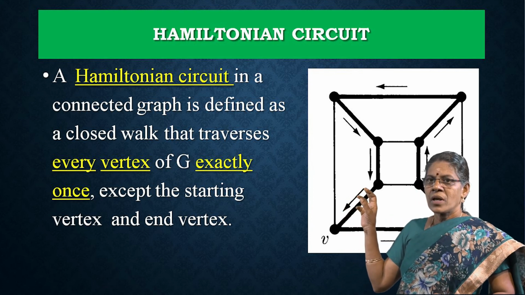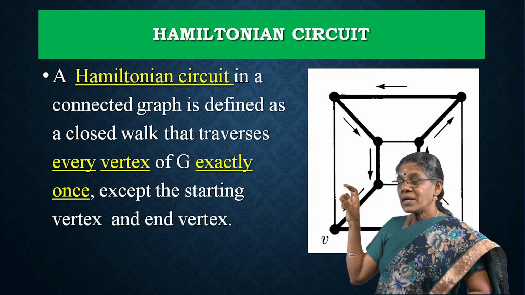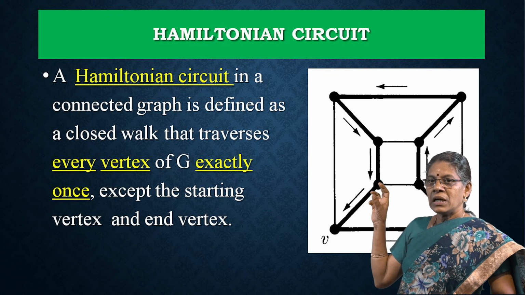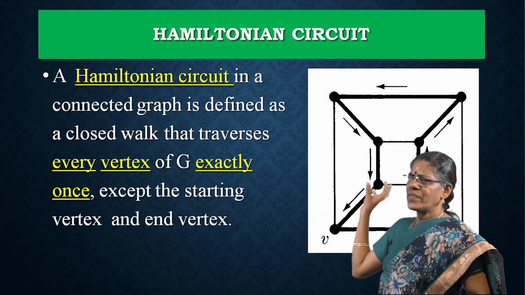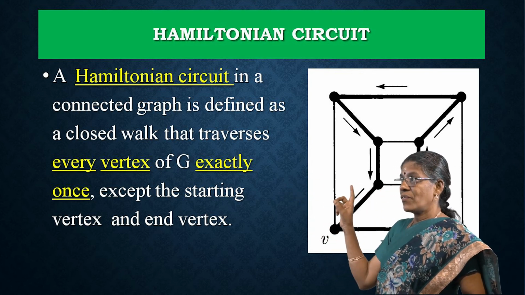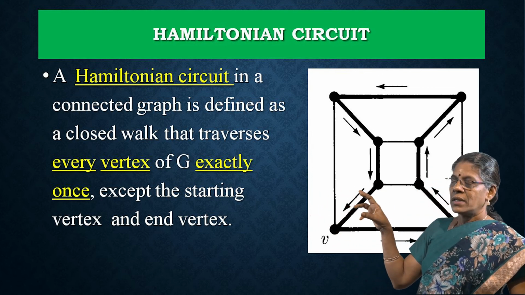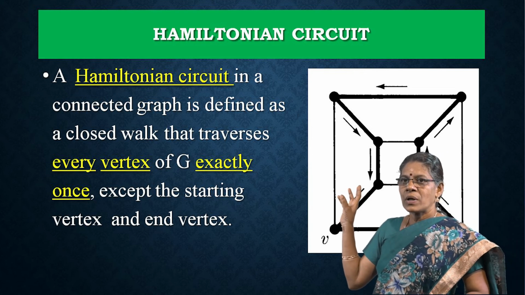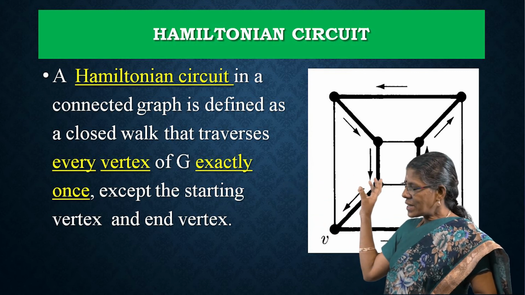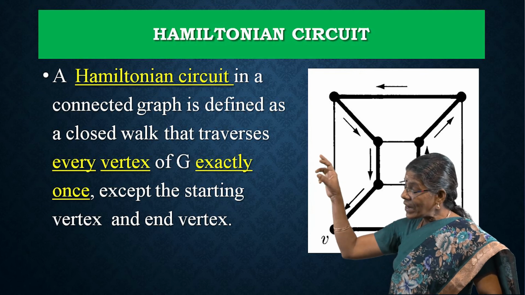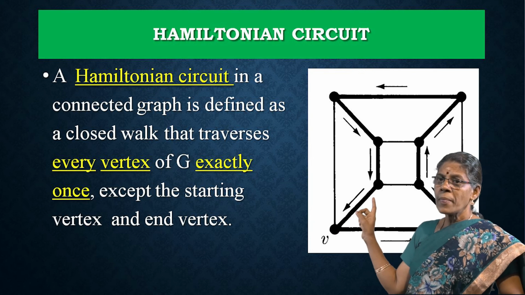Hamiltonian circuit definition. A Hamiltonian circuit in a connected graph is defined as a closed walk that traverses every vertex of G exactly once, except the starting and end vertex. Every vertex of G exactly once. Okay. Next,